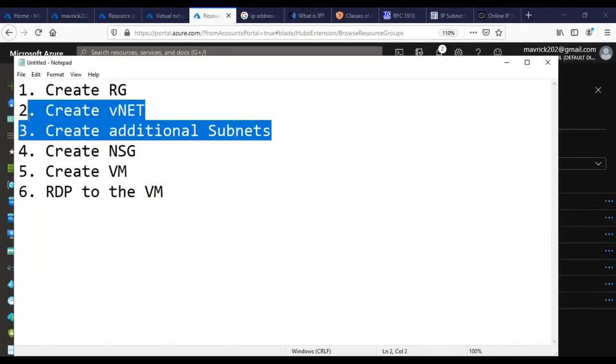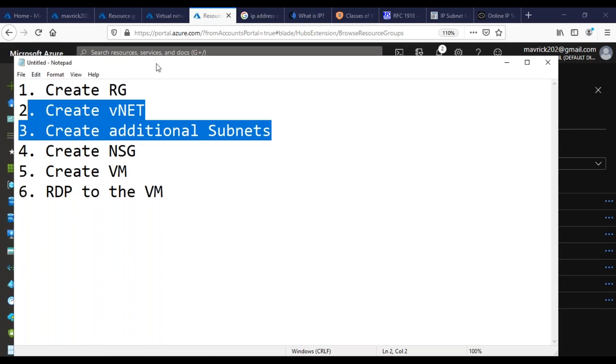Now when you create a resource group, you're not going to give any sort of IP addresses, all these things, guys. No, it's a logical entity, just grouping of the resources, nothing else. So you really don't need to give anything. It is a virtual network. You are supposed to give everything, right?